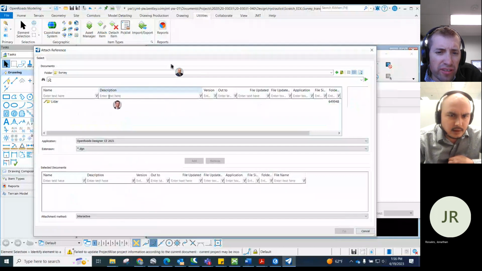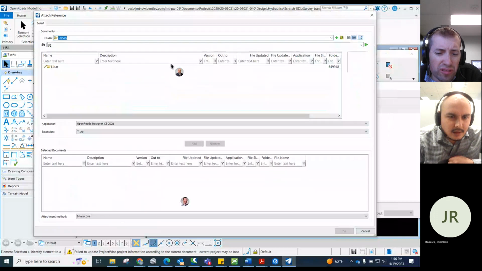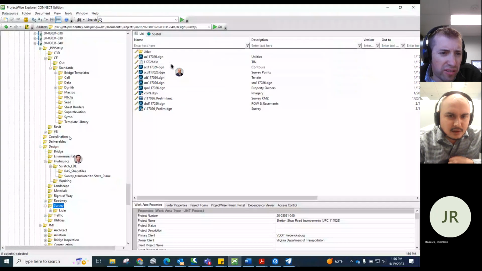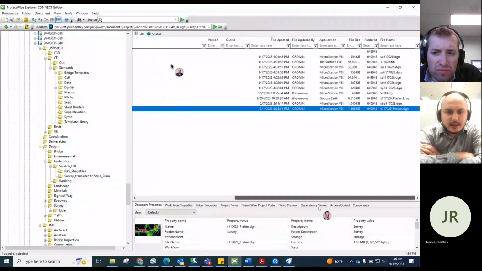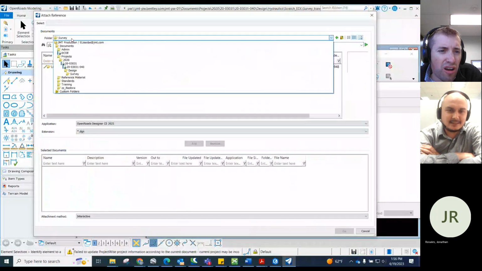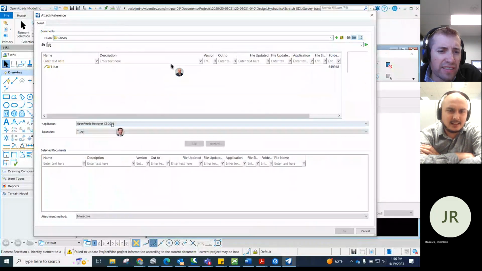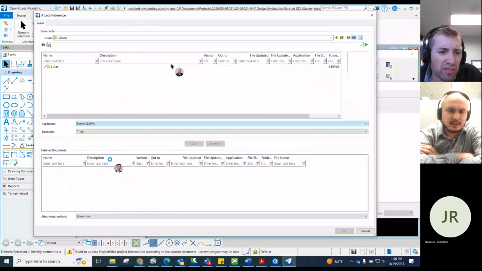Oh, do they not do it in open roads? What is the survey? It's a good question. It is under design survey. Yeah, that's the right one. I guess they are still working on the survey. That's why it is a preliminary survey. But that should be good. I guess it's a V8I file. That's why it's not showing up. No, it's still not there.